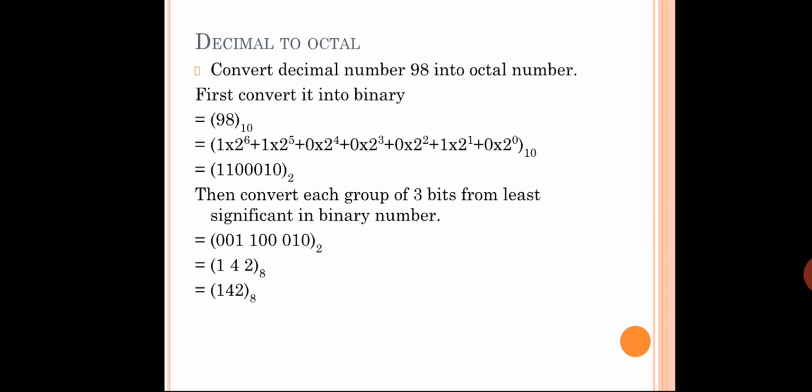Just write 4. In the same fashion, 1 into 2 to the power 0 plus 0 into 2 to the power 1 plus 0 into 2 to the power 2. So ultimately you are going to get 1. It is very easy actually, if you are calculating based on the position value. If you have any doubt regarding the position value, you can go back to the previous video, where I have given the steps itself, and in the above example also you have the steps.